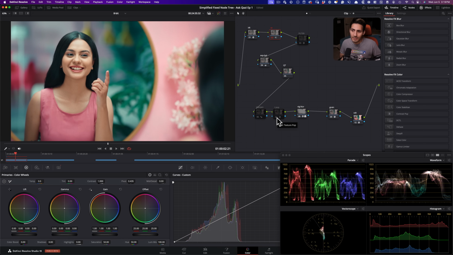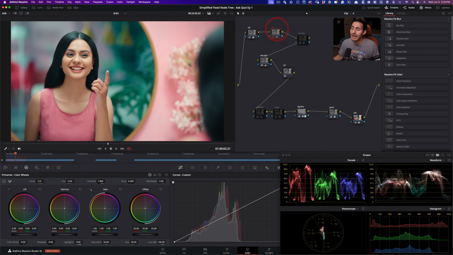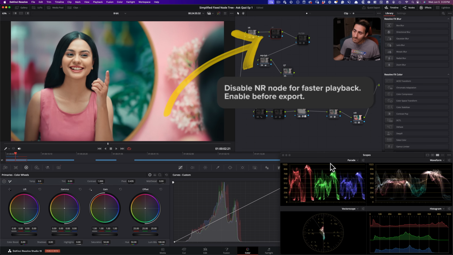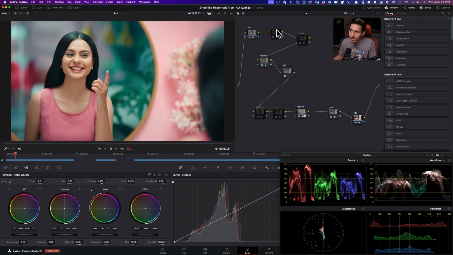But the most important thing is when you're talking about the entire project that you have noise reduction applied on, you saw how time consuming this is, right? As I'm talking, you're seeing this line going through and it's taking so long. So the best way that I recommend, which I always do, is turning this off until the end of the project. The reason why I recommend having a fixed node tree is that if the node order is the same,